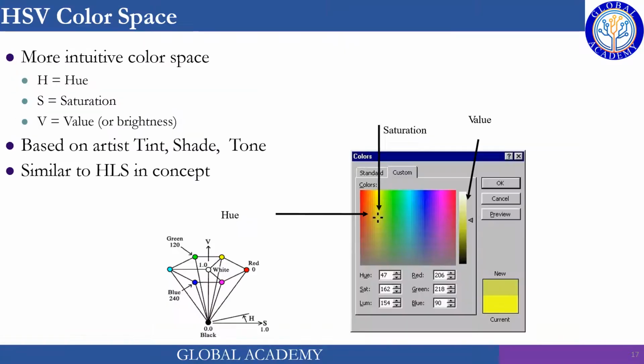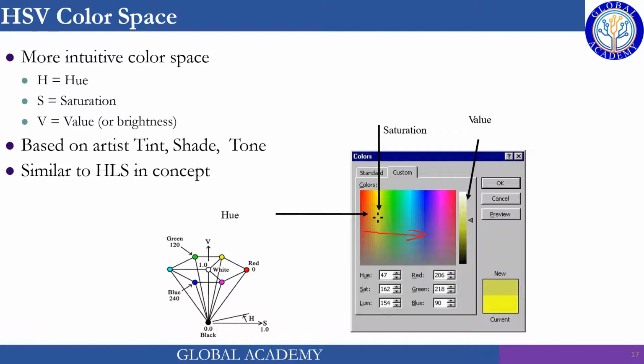The hue value is the same sequence. So hue is changing along the horizontal axis like this one, and value, you can change value using this picker, and saturation is changing along this vertical axis.